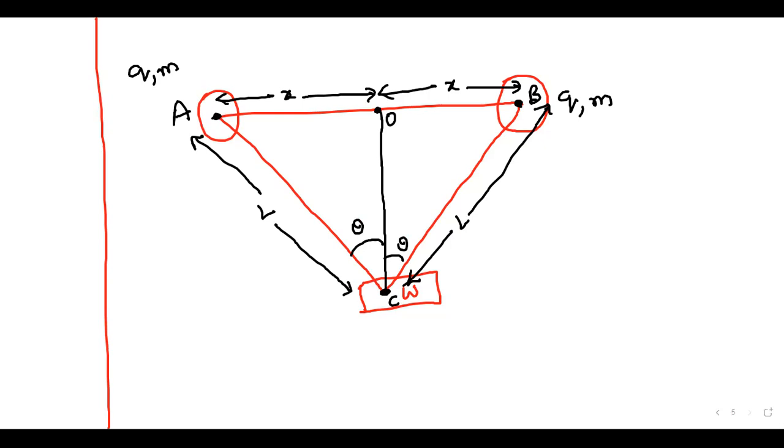So draw the free body diagram. There will be a tension acting towards the balloons. Since it is theta, I want to find the values of CO as well as OA. I can write CA bar is equal to CO bar plus OA bar. Similarly this side, that is CO bar plus OB bar.